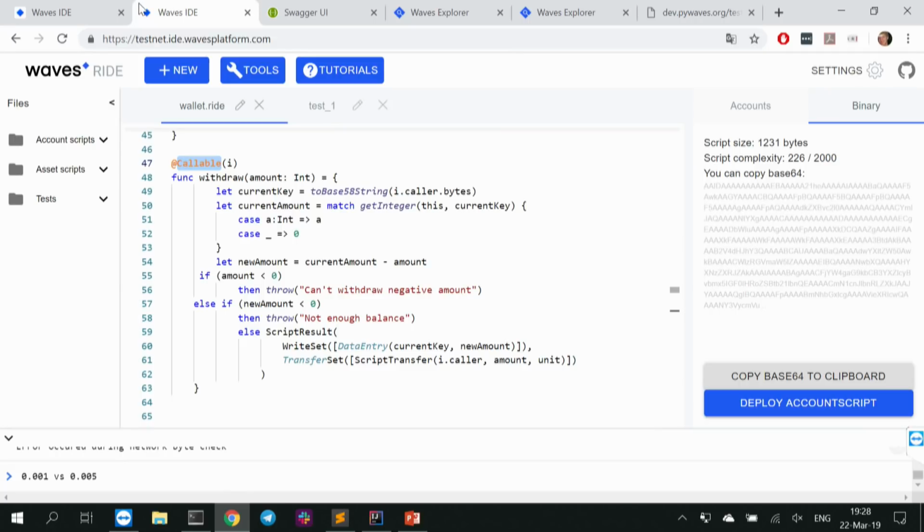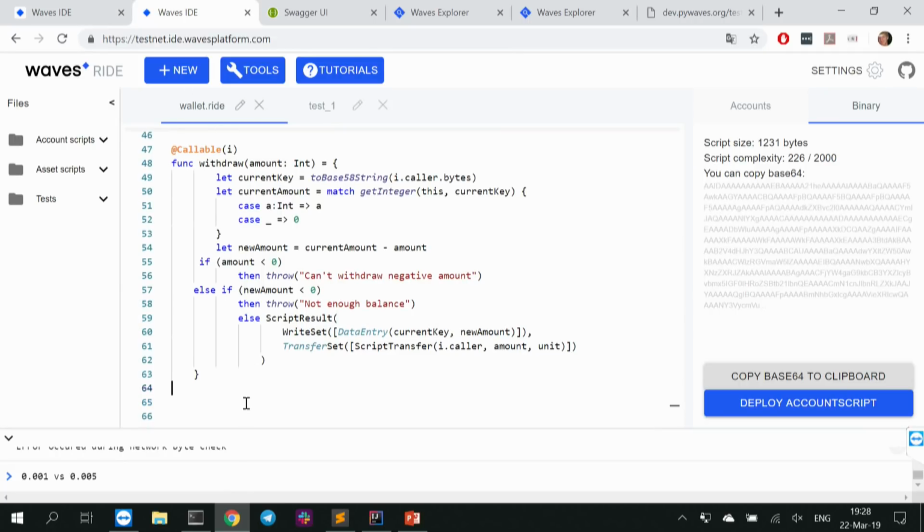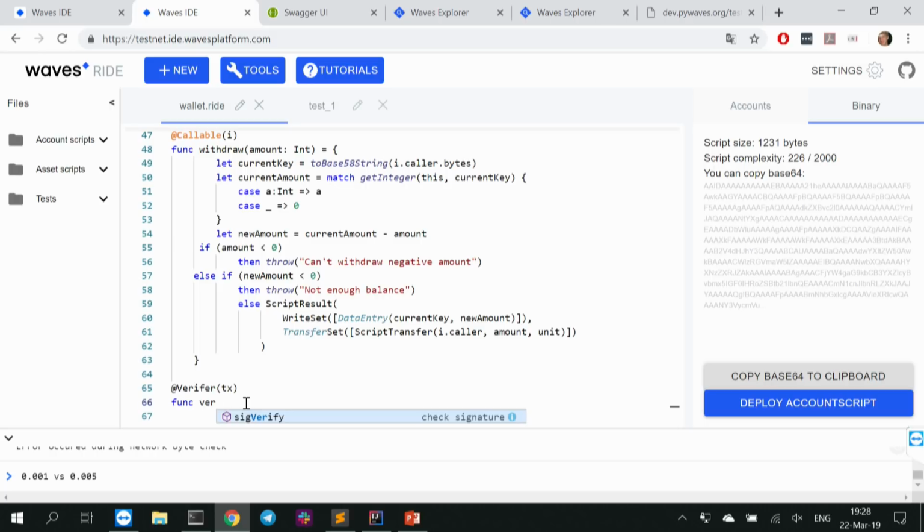Remember we talked about mutable and immutable contracts? All public contracts should be marked as immutable. Well, they shouldn't be marked, they should have the verifier tx verify equals false.